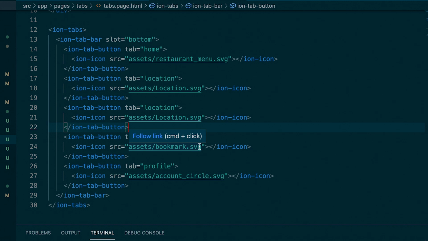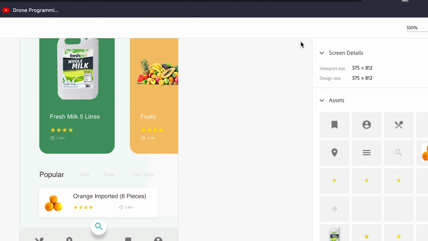So there will be 5, and this one, the 5th one, will remove the icon. So we'll comment out the icon, and then we'll give it a search tab like that. We name it search. So if we save and check out,